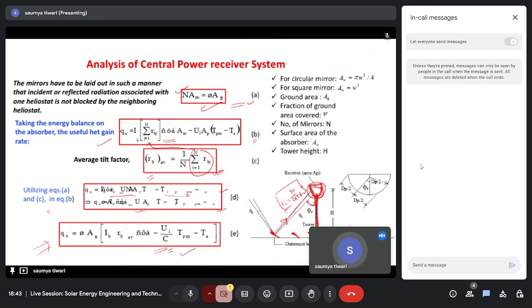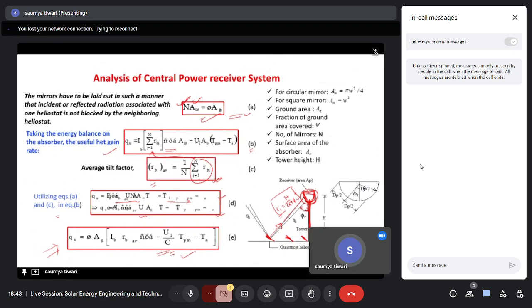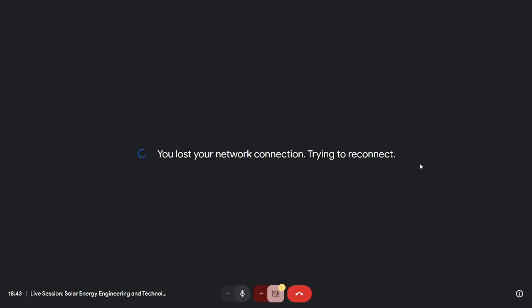So whatever area of the mirror, N is the number of mirror heliostats, and Am is the area of those mirrors, that will be equal to phi into Ag. What is Ag? It is your area of the ground, and phi is the fraction of the ground that has been covered by these mirrors. So this equation comes from that understanding. Now if you do the energy balance and all, your Q utilized will be,